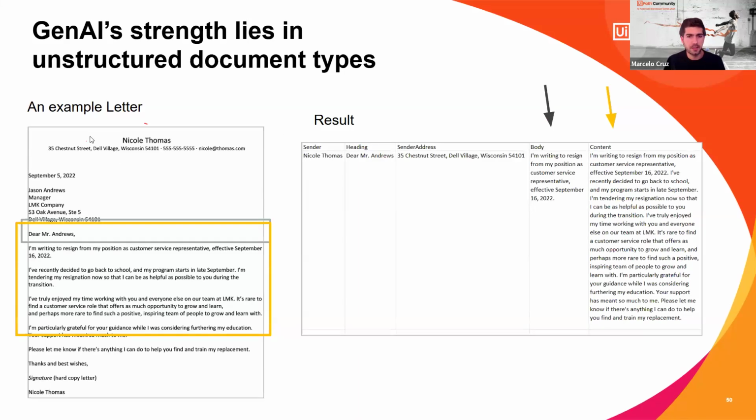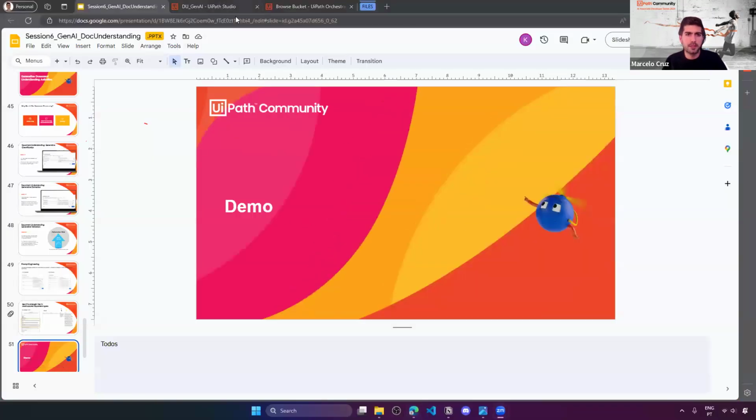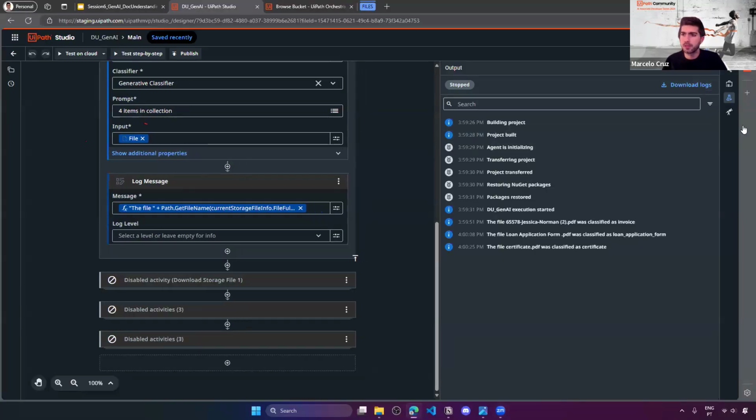And here we can see an example of a resignation letter. It's a kind of unstructured data. And here you can see an output, where we have the sender, the heading, the sender address, so everything categorized accordingly. And now, for demo time, I'll show you a Studio Web project that